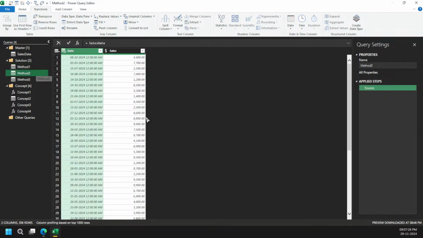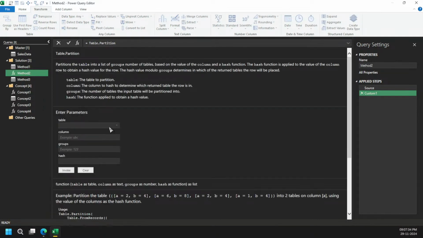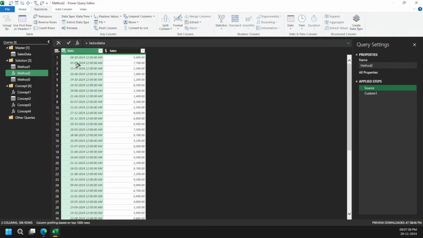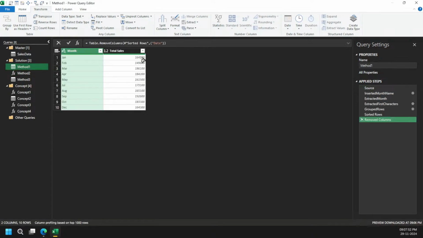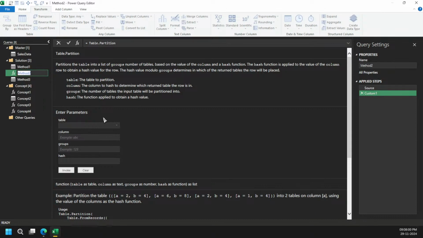So what does the table.partition function say? Let me type it here. You can see here it wants the table name, then the columns, that is my date column, right? The only reason for which I don't use this function many times is that it focuses only on one column. If I select two columns right here, it doesn't support it. So table.partition has one limitation: it only supports one column.